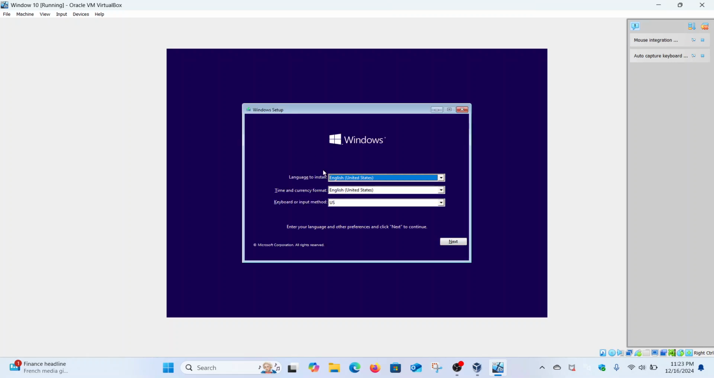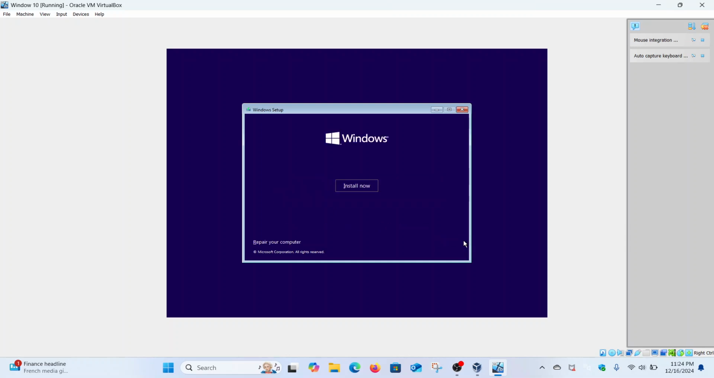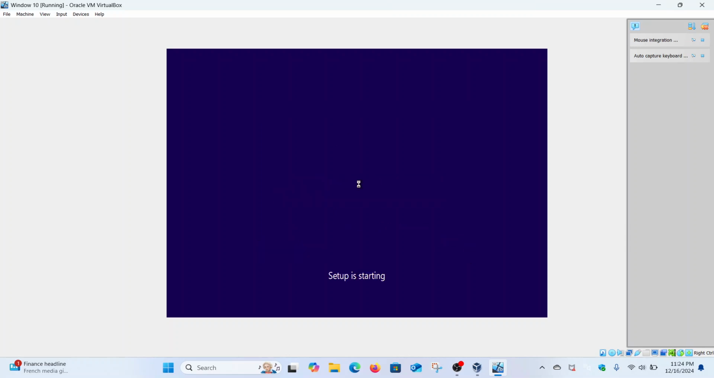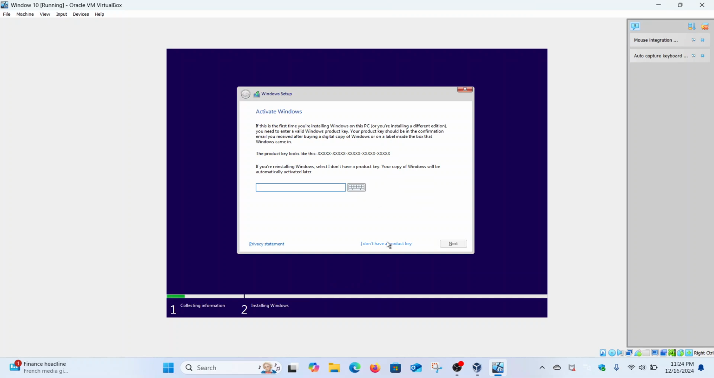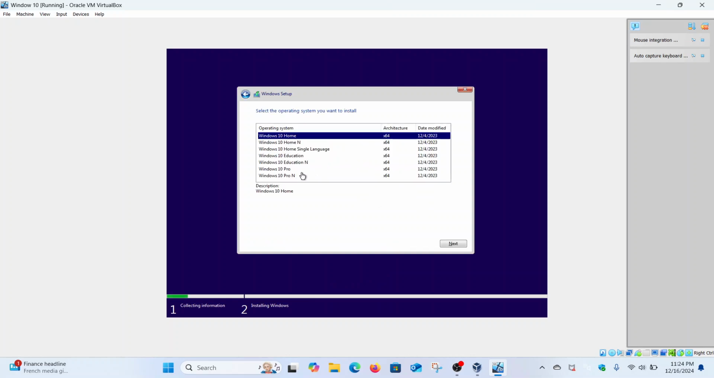So in here I just leave everything on default, click next, and then click here install now. Setup is starting. And click here I don't have a product key. And we need to install Windows 10 Pro because we want to join this to our domain, so we need to install Windows 10 Pro. Just make sure, click next,